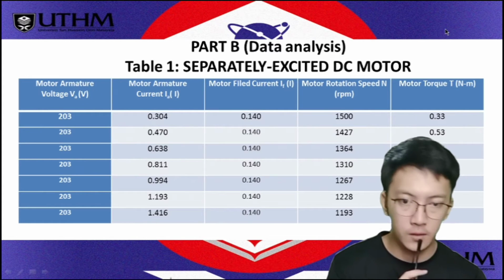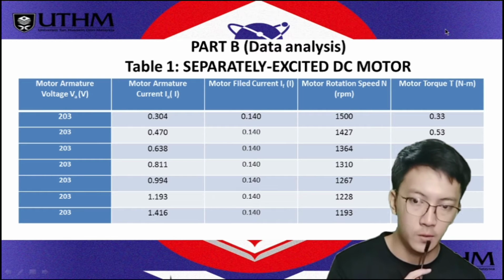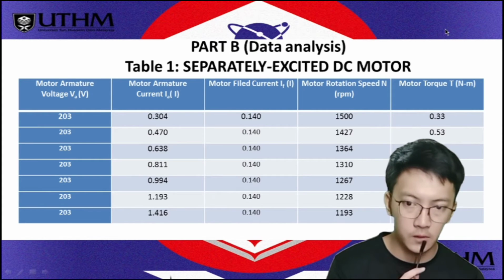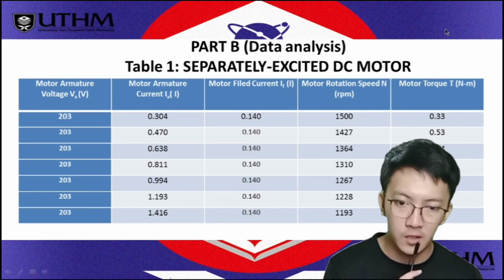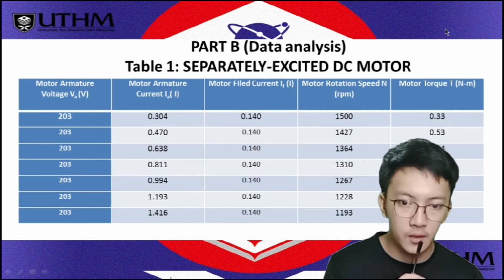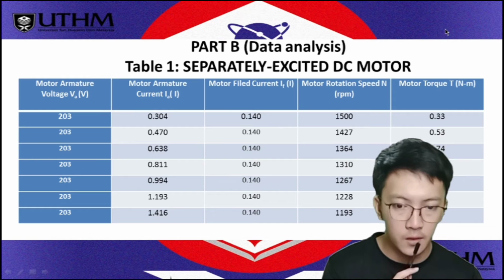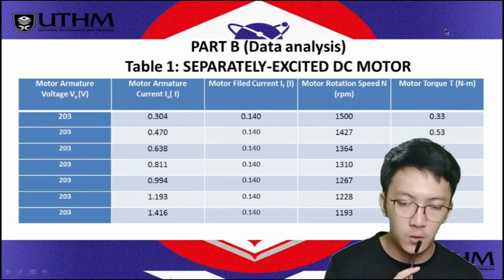So let's start with table 1. In table 1, we get the motor armature voltage VA that is constant at 203 from beginning to the end, and then we got the motor armature current IA. The value is increasing by the time it went up at the end,